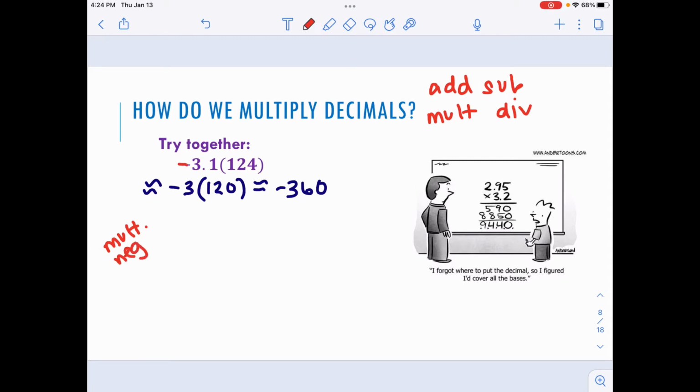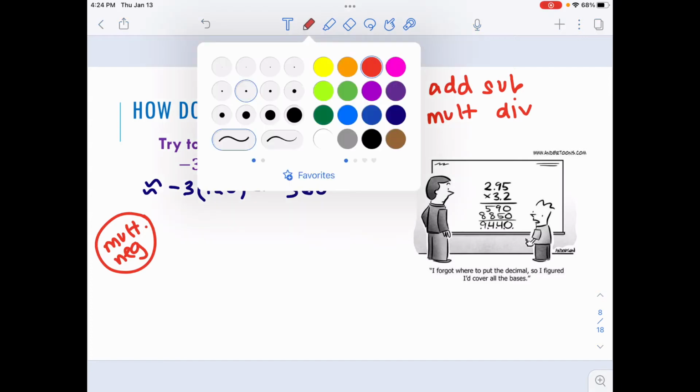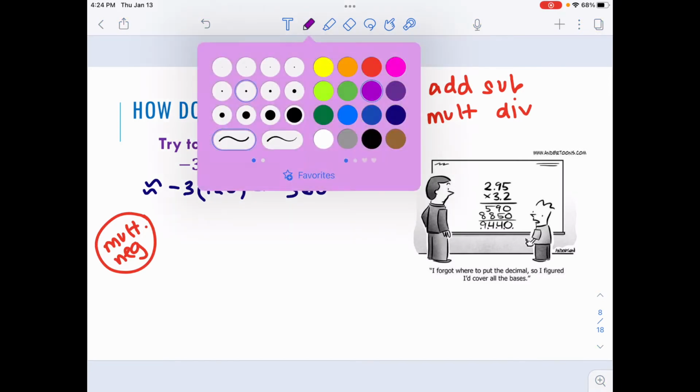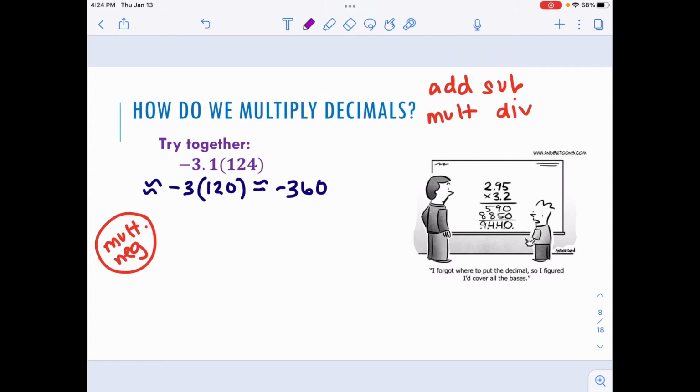There's one negative in the whole problem, that's an odd amount, so my answer should be negative. All right, I'm going to circle this plan step, and now I'm going to solve all of this out. I'm going to change my color to purple. I'm going to avoid the fact that it's negative. I'm going to put a negative here on the answer so I just know that my final answer, I don't